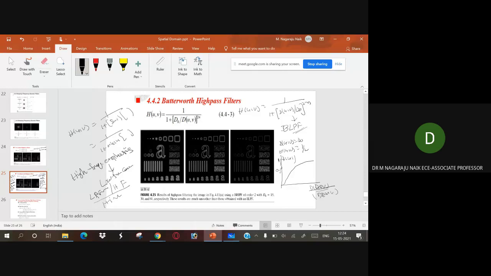So Butterworth filters are using high frequency emphasis. High frequency emphasis will preserve the low frequencies, but it is not suitable for this value. When preserving the low frequency and sharpening the images, it is better to select histogram equalization, which will give better results when compared to this one.